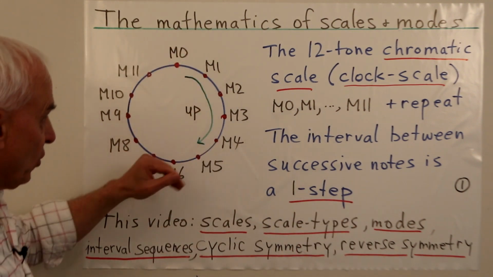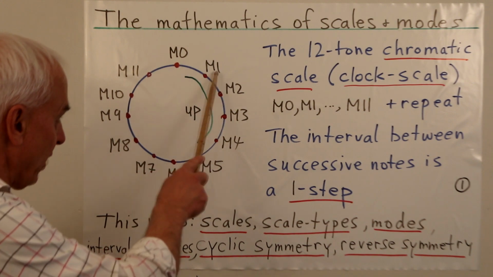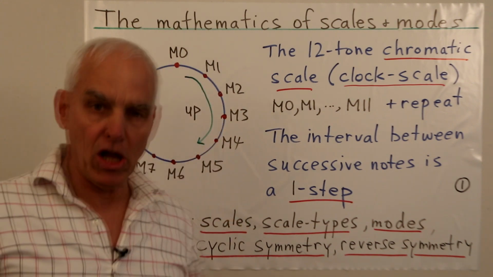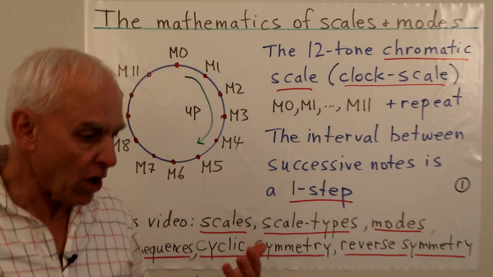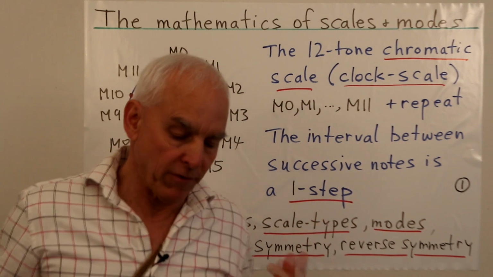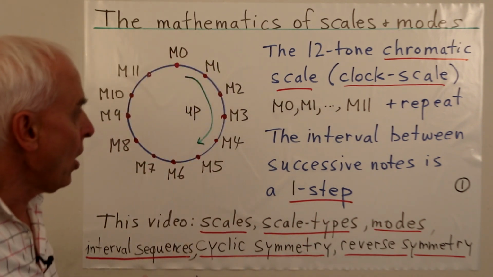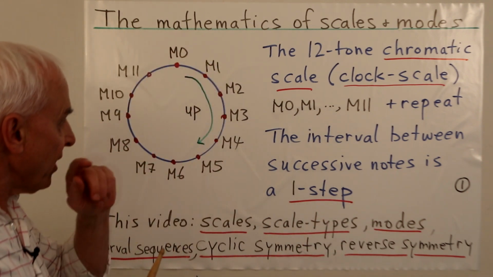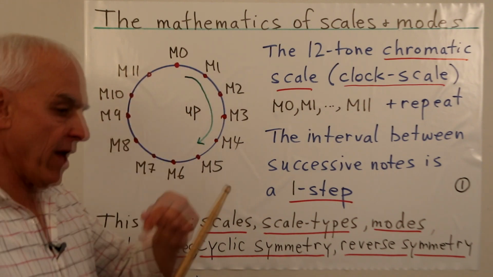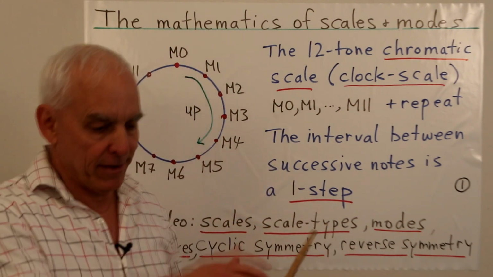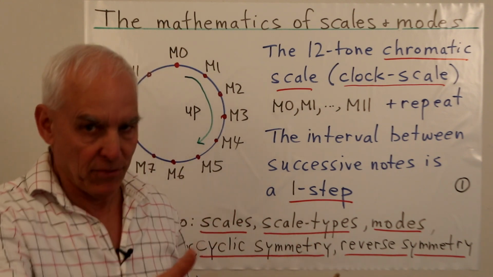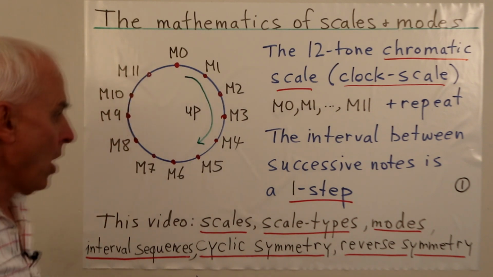So we've got these 12 tones, which we're calling M0, M1, M2, all the way up to M11. And we're going to refer to this as a clock scale. It's kind of an alternative to seeing a keyboard or seeing the fretboard of a guitar or something like this. Okay, so these various things are called tones, and there's really only 12 of them, and after that they kind of repeat, like C. When you go up the C scale, then you eventually get to the octave, and then that's another C, and then it sort of repeats.